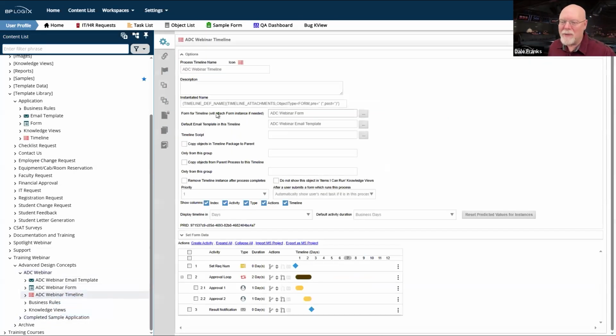It just reminded me of it: the instantiated name for the timeline definition. Probably less important for the timeline definition, but very important for the form, is that this enables you to create a customized name for each instance that gets created whenever the form is submitted.